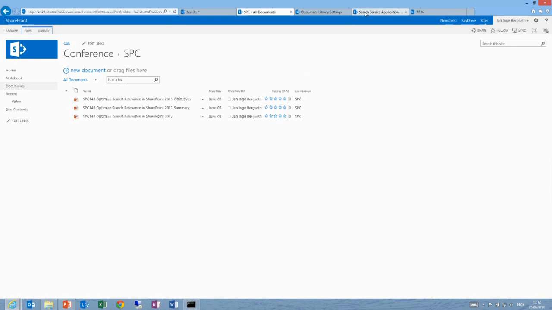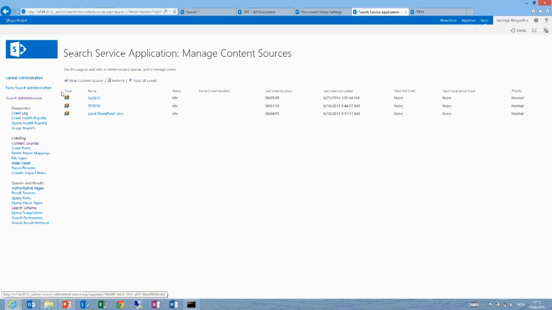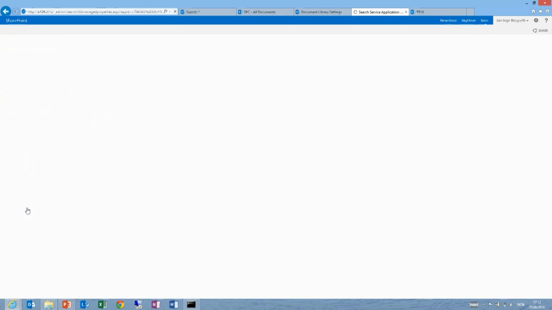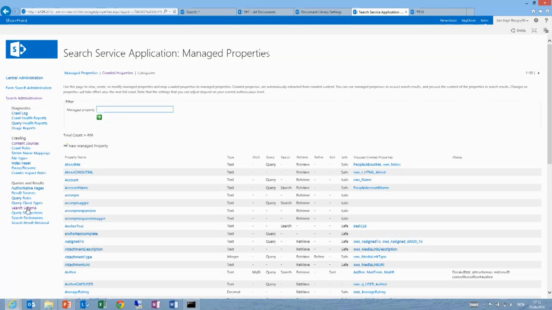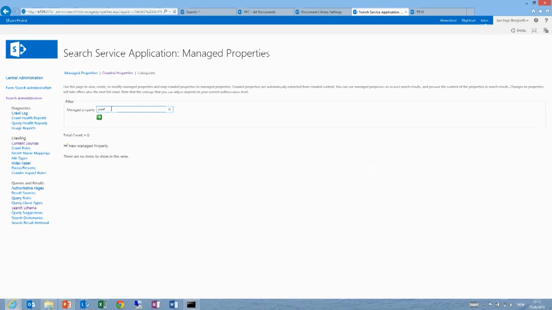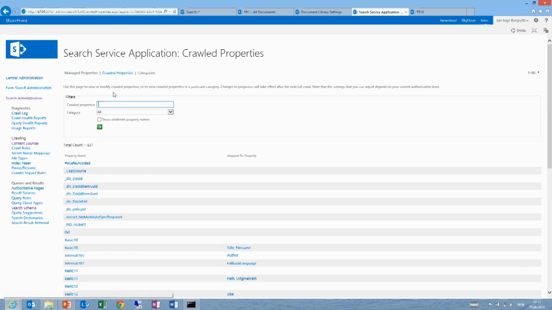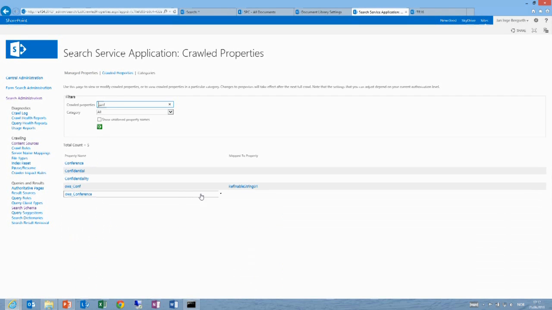So within my search service application, I can find my source, and I can start an incremental crawl. After my incremental crawl, I have created this managed property, and I'm ready to do the mapping from the crawl property to the managed property. So let's search up, okay, crawl property. And there I have my crawl property,